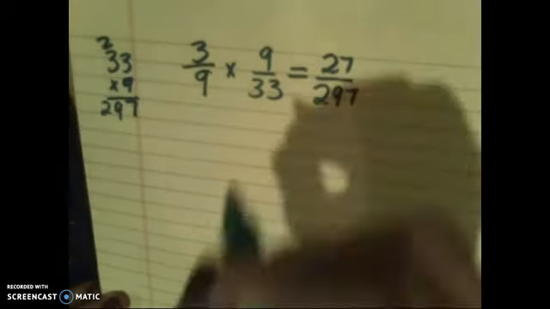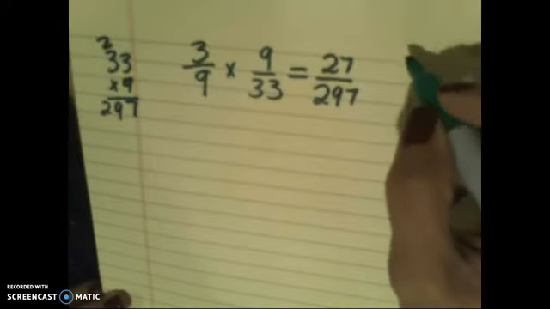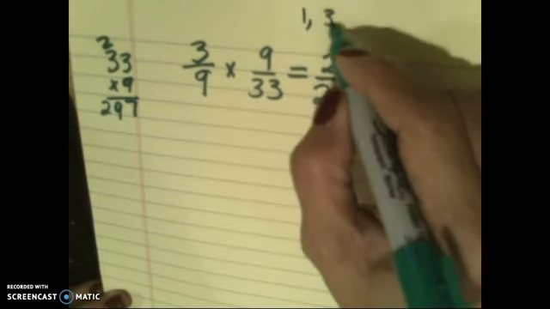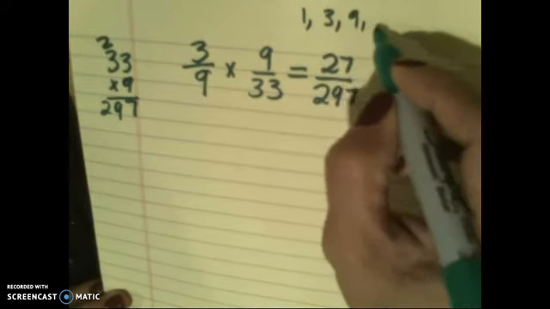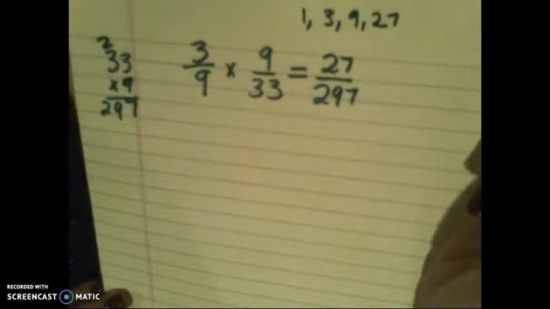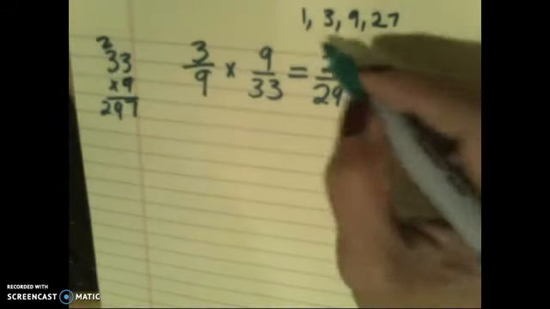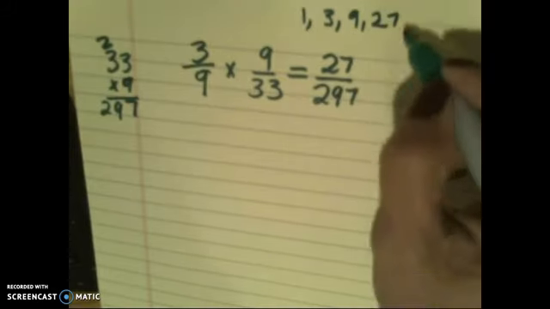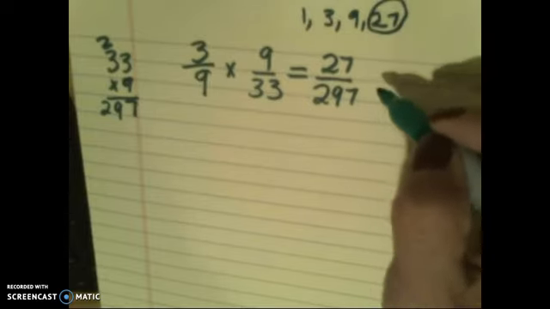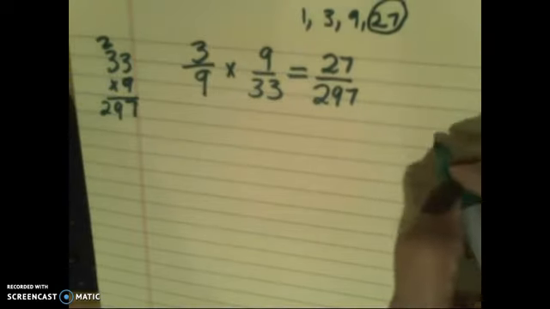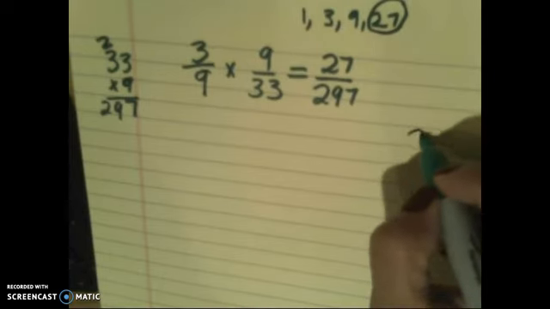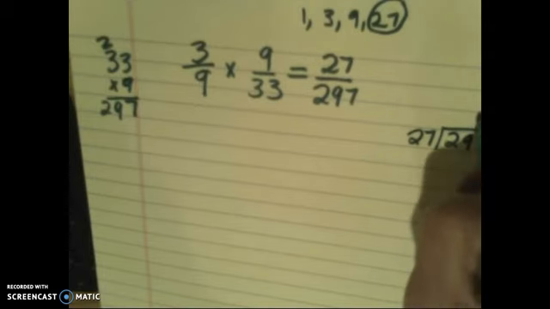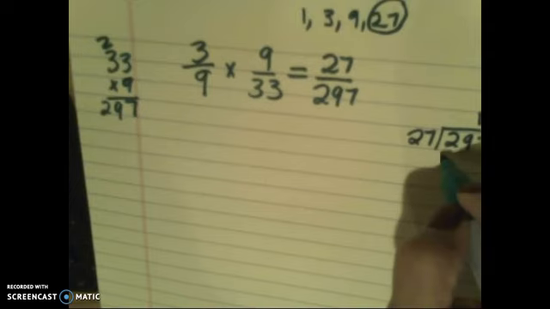I can list the factors of 27 easily, and then I can see if I can divide that out. So I have 1, and then 3 times 9, and 27. I don't believe there's any other factors for that. So one of these numbers is going to divide evenly to get 297. But I also have 27 without even listing them. So I'm going to try to see if 27 goes into 297. I'm going to take my numerator, divide it by the denominator. So 27 goes into 29 once, and then